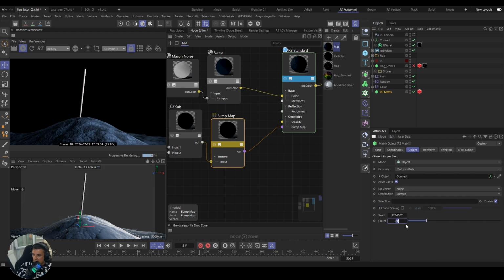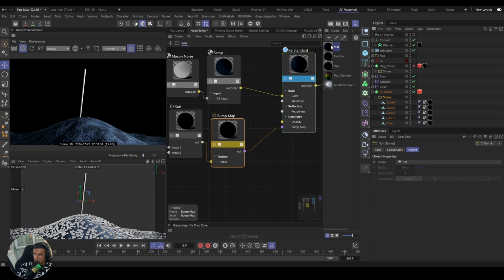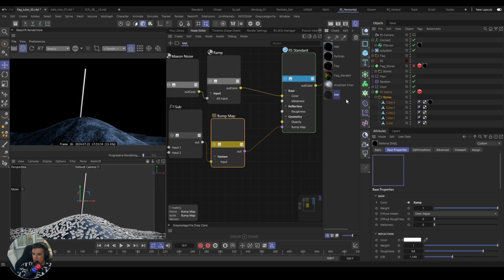And let's say you get 10,000. And let's use custom object. Again, we can copy our stones, we can apply the same material, or I think it will be cool if we use something, actually copy. Let's name this one stones copy. I'm not good at naming, guys, so